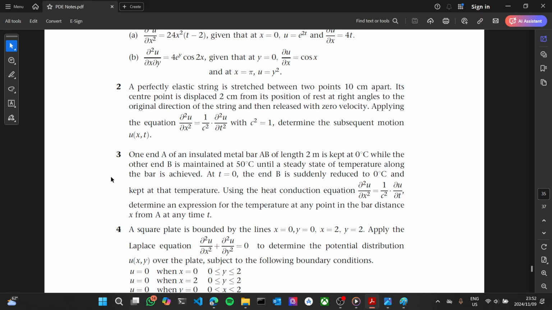One end A of an insulated metal bar AB of length 2 meters is kept at 0 degrees Celsius, while the other end B is maintained at 50 degrees Celsius until a steady state of temperature along the bar is achieved. At t equals 0, the end B is suddenly reduced to 0 degrees Celsius and kept at that temperature. Using the heat conduction equation, determine an expression for the temperature at any point in the bar distance x from A at any time t. Alright, so